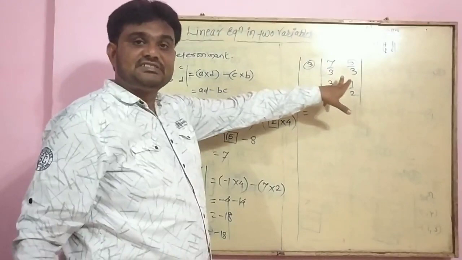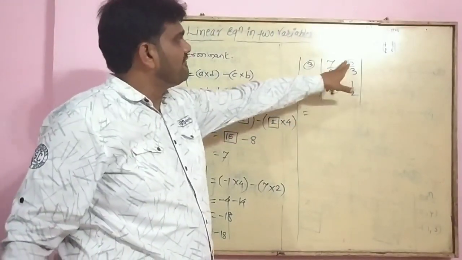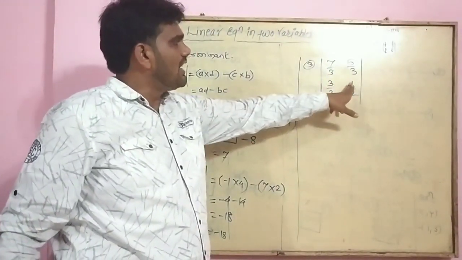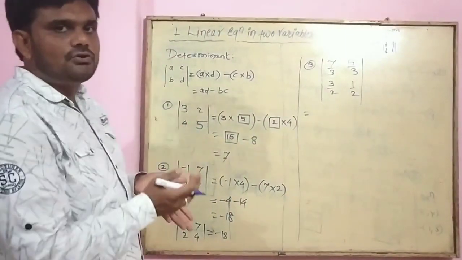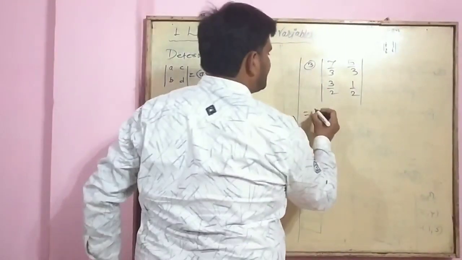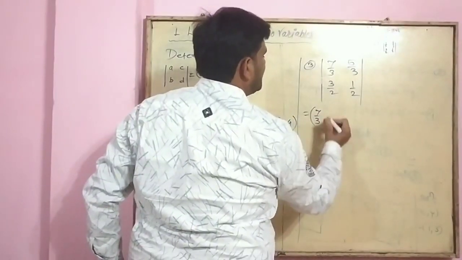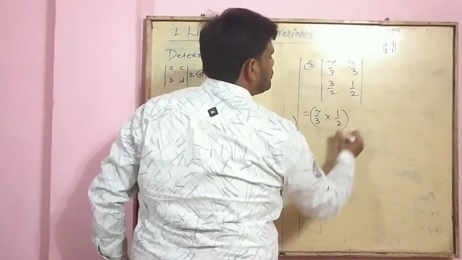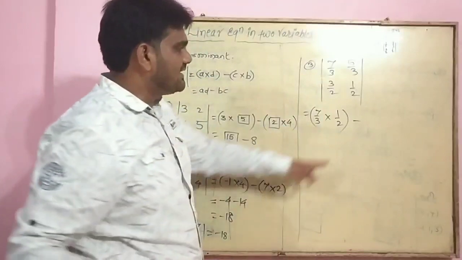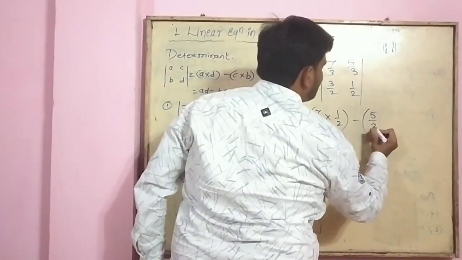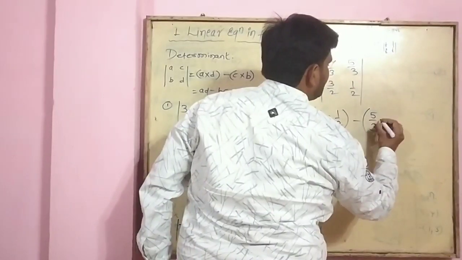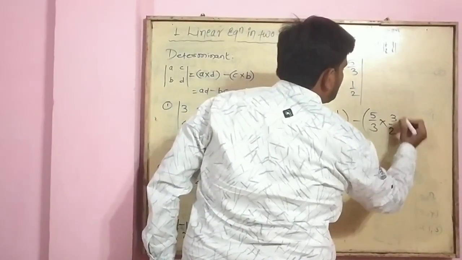There are 4 entries in the determinant: 7 by 3, 5 by 3, 3 by 2 and 1 by 2. Same method, what we have to do? We have to cross multiply it. 7 upon 3 into 1 upon 2, by our rule minus 5 upon 3 into 3 upon 2,